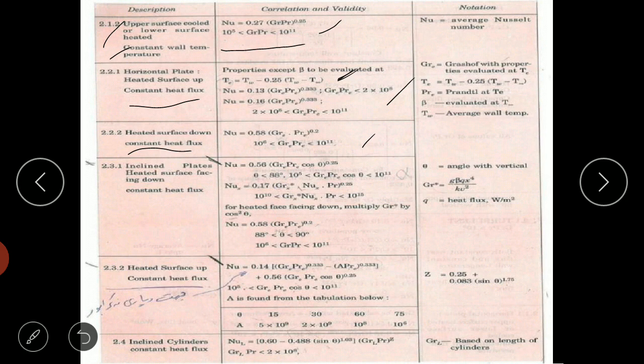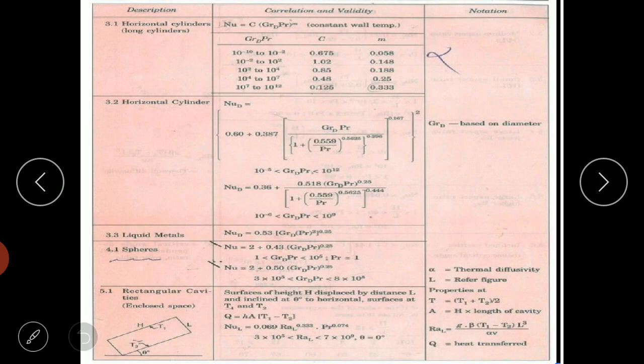heat flux also. Okay, so continuing, if it is a horizontal cylinder, you know that there are two formulas. One is this, second one is this. Okay, so in general we can use these formulas for all the values of GrPr. You can see the range, that is GrPr is 10 power minus 6 to 10 power 9. Wide range is covered. So for horizontal cylinders, we'll be using this formula in most cases. Okay, very rarely we'll be using this one. Okay, and how to select the characteristic length? It is Lc equal to D.